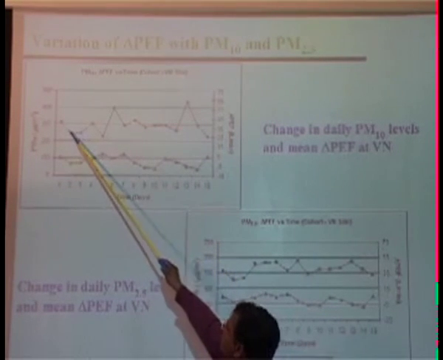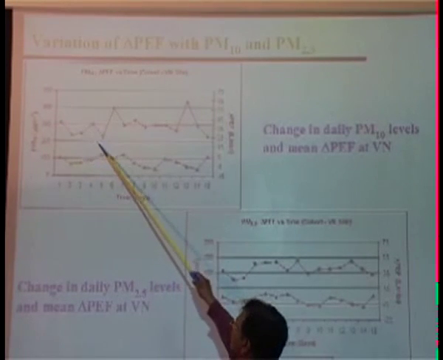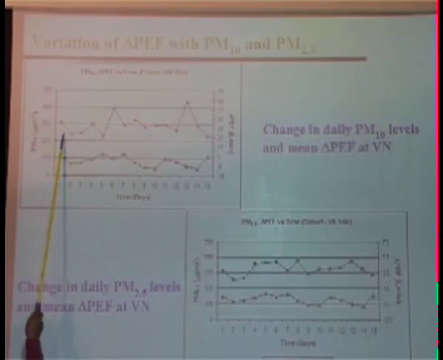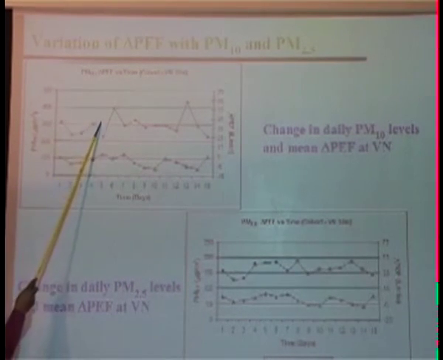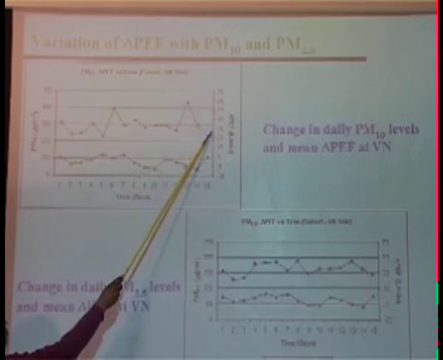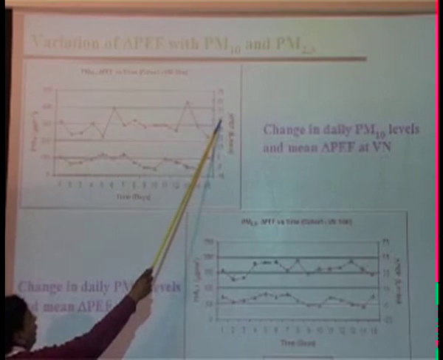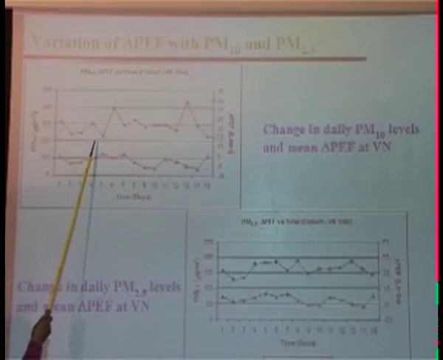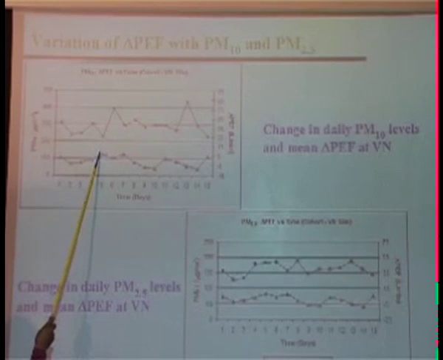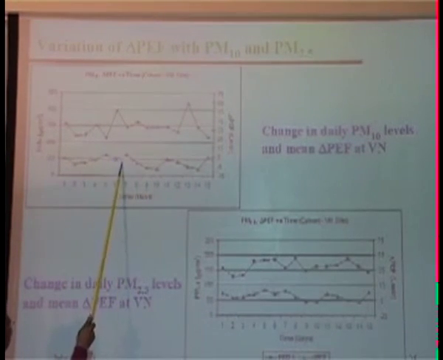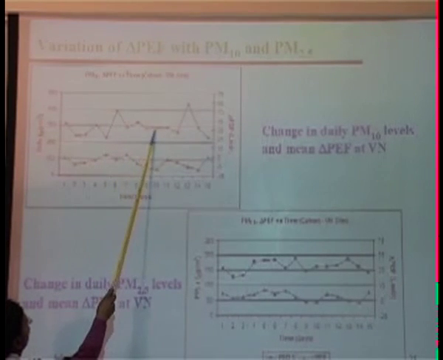these are your pollution levels. Every day they are measuring, and the pollution levels are shown on this side, PM10. So sometimes 300, 200, 250, 300, 400, 450 or so, and then the average change in PFR of the people is plotted on this side, and as you see here, as the pollution level goes up, there is a drop in PFR. Delta PF was negative, you can say.